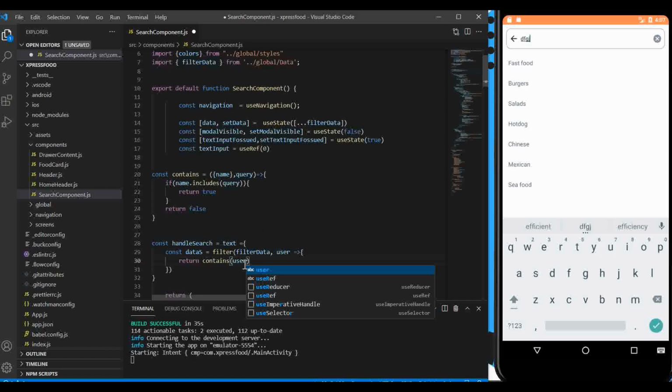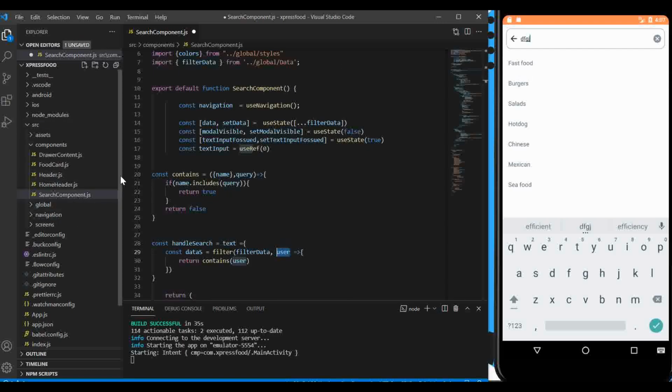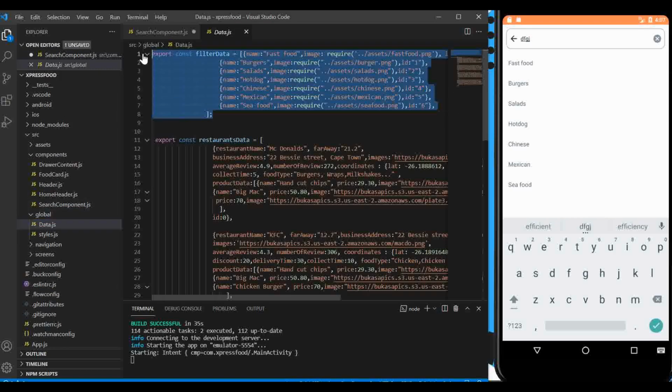We pass the first parameter, which is the user, and this user here, I just want to explain. This filter, this is an array. This filter will be returning an array with elements, and each element will be passed through this callback function, and the elements of this array are objects, and this is the data which we have inside our global data file. So this is the actual data. So this is the array, and this is the element which I'm calling user, because it's the user who is trying to find food. Maybe they put seafood or whatever, then this will be passed